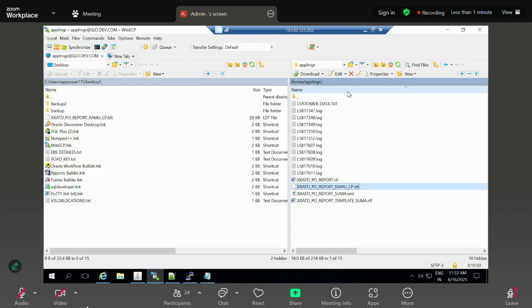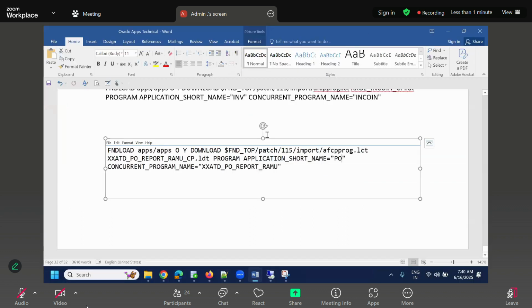Okay. Next, open the LDT file and go to the end of the page and check the content. That's it. You can send it to your DBA. That's your okay option, you can ignore that one. So this is the way to migrate